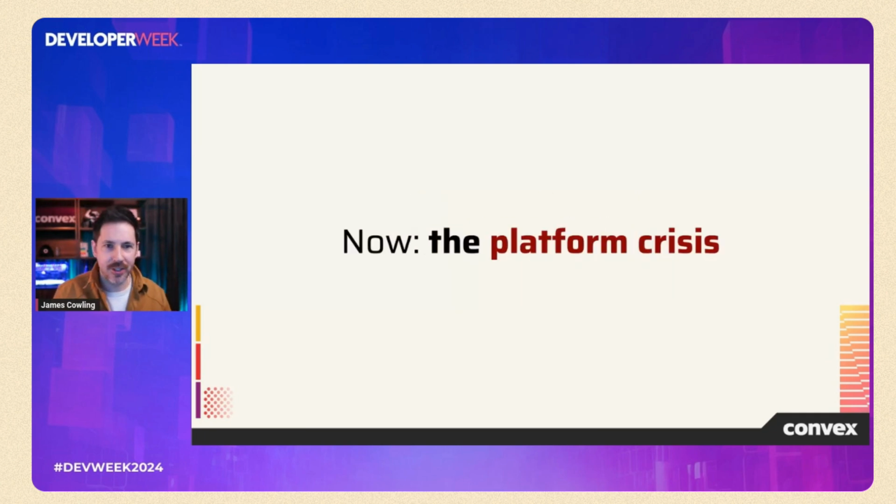So why does this matter to you? I think we have a similar crisis on our hands, a platform crisis. And this is just a phrase I made up just now, but the landscape for developing applications, in my opinion, is a horrendous mess. We have developers on day one of their application trying to learn how to administer Kubernetes, a technology that a decade ago was only the domain of multi-billion-dollar companies.